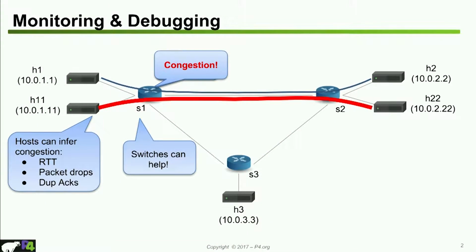But given that the congestion is actually happening in the switches inside the network, the switches are in a great position to detect that congestion is about to happen and then send notifications to the hosts so that they can slow down before anything bad happens in the network. And this is called explicit congestion notification. The 2 exercises that we're going to do in this session are basically ways to implement